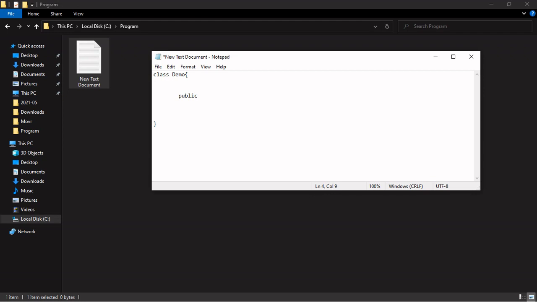Public static void main, inside which I am passing a string type of argument, which is of type array. Then there are the opening and closing braces of the main function, inside which I will be writing the print statement.